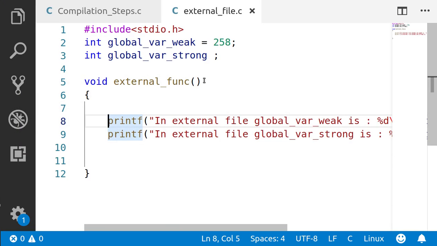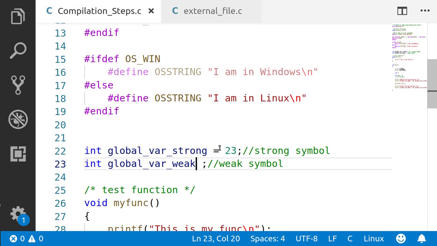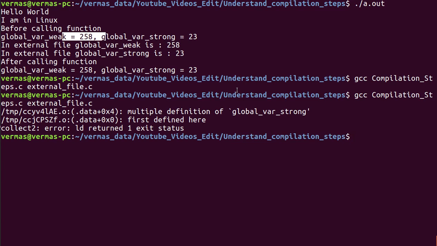Also if I try to modify the strong variable here, you can see now if I try to change this variable in the external file.c, I will get one error. So now I have initialized this. Now you can see what error I have. I am getting the error as multiple definition of the global var strong.